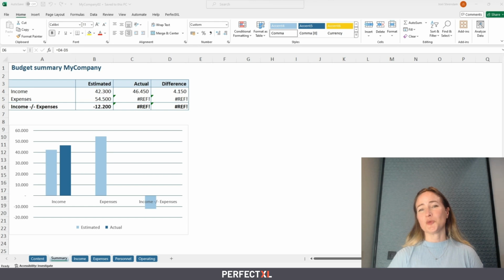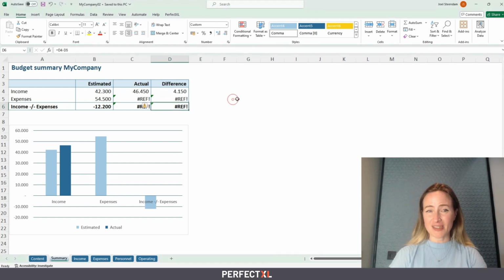Imagine you're looking through a spreadsheet and you spot an error, and you are about to send this file to your manager. So how can you make sure there are no other errors in the file? Let's imagine this is the spreadsheet we're talking about, and we find 4 instances of errors here on the Summary